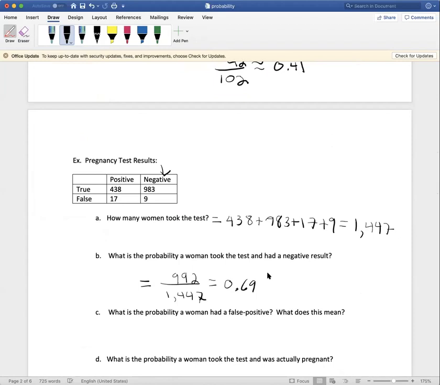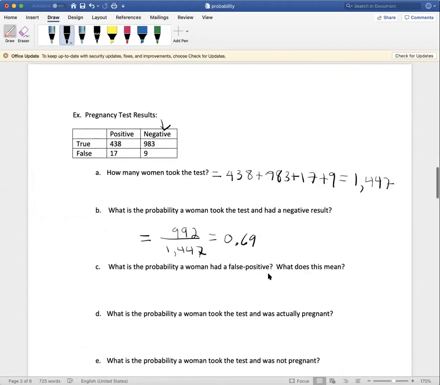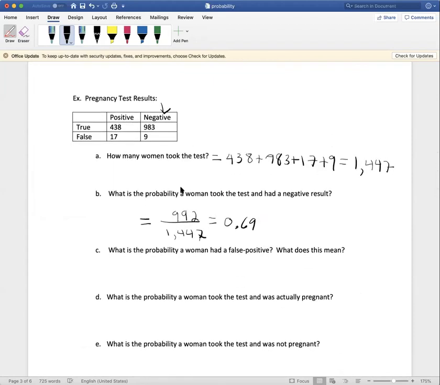What is the probability that a woman had a false positive, and what does this mean? So what's the probability that a woman who took the test had a false positive? Again, 1,447 women took the test. So the probability a woman had a false positive, here's 17 who had a false positive. So 17 divided by 1,447 gives us